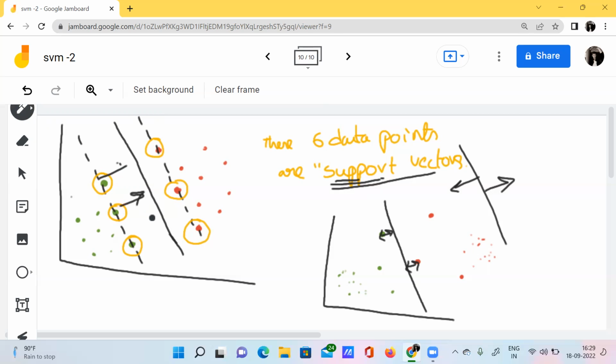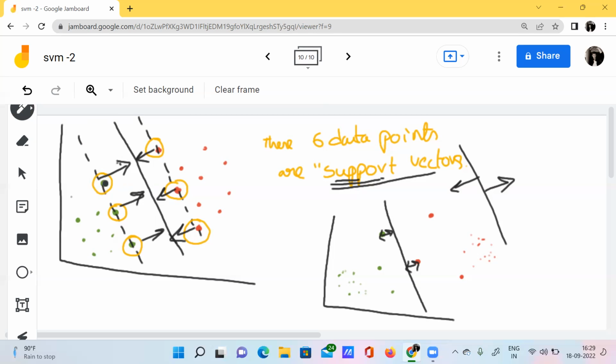Okay, and here these data points are also bearing the weight of this hyperplane. So by combining, these six data points are bearing the weight of this hyperplane. So that's the reason the hyperplane is in a standard position, right?